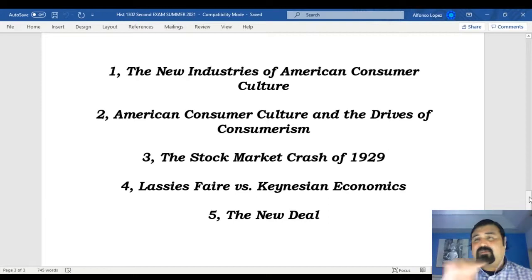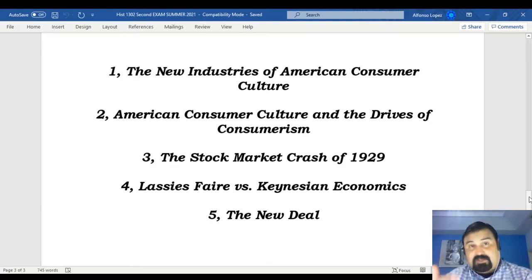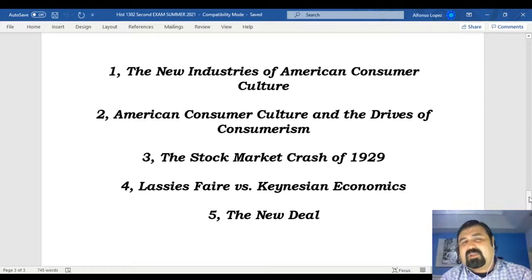So avoid trying to just answer each key term with a small paragraph and just move on, because each key term is worth 10 points, 10 points for each key term. So the more you write, the more points you earn. Just to give you an example, when I talk about the new industries of American consumer culture,